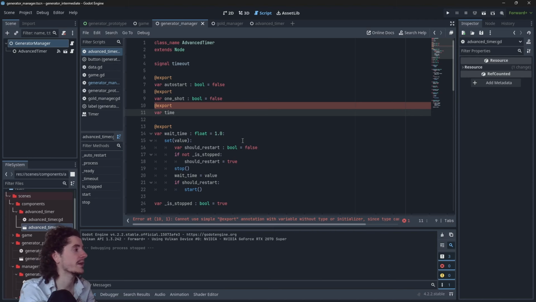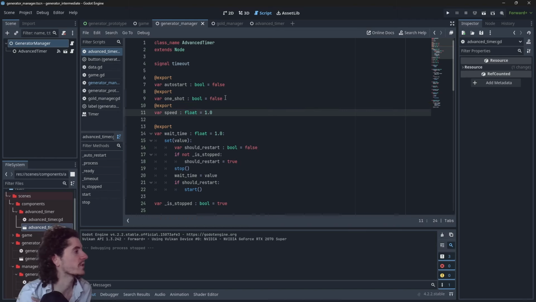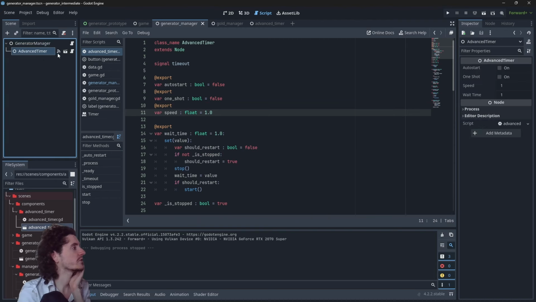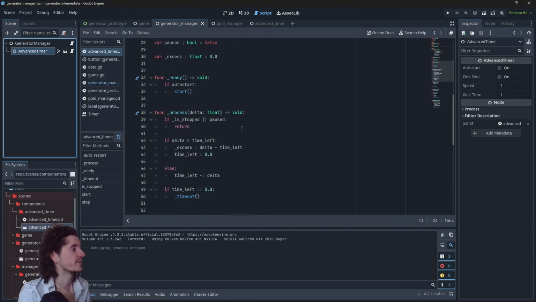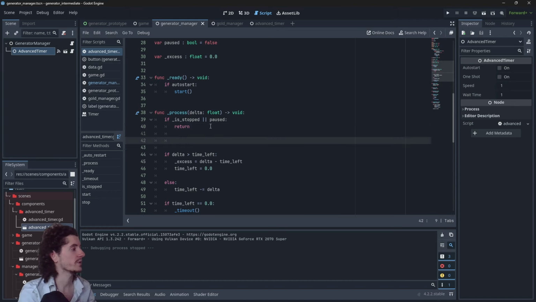Yes, let's name it time speed. Or just speed. I think speed is fine on its own. That's going to be a float by default equal to 1.0. So here, that should appear right there, right? We have the speed. And what we will do, very simply, we will create